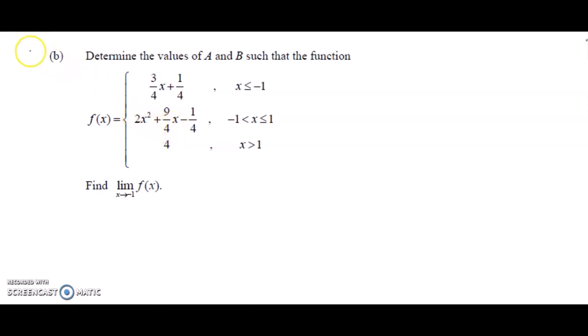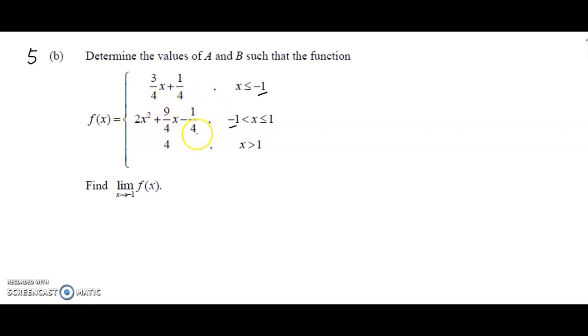So let's consider this question 5b. This is another piecewise function which consists of 3 subfunctions, and we need to evaluate the limit of f(x) when x approaches -1. Again, you can see that -1 is the boundary value over here. For -1 positive, meaning a value greater than -1, it takes this linear function. When x takes -1 negative, meaning a value less than -1, the function